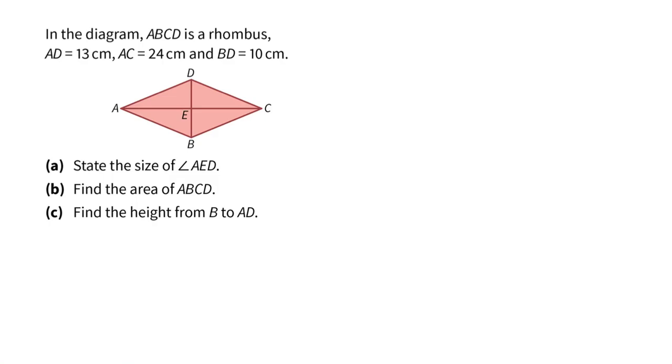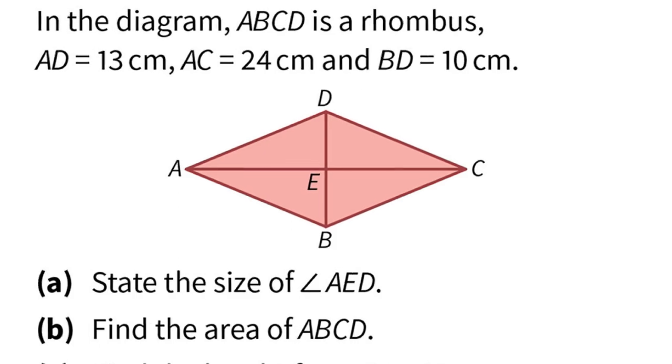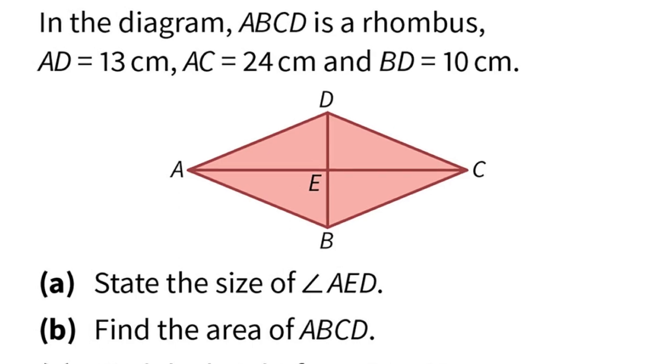Hello everyone, welcome to this problem where we are given a rhombus ABCD. The lengths are given, so to make it easier for us, I'm going to just indicate them on the diagram itself. So AC,